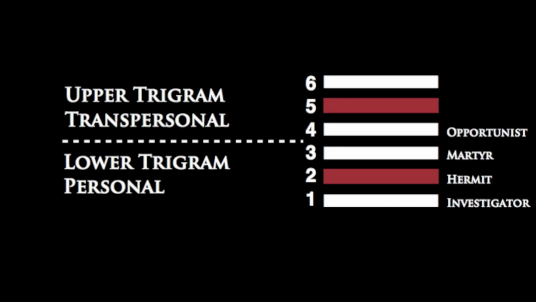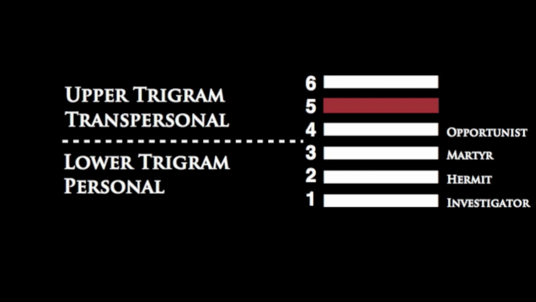Sort of like how the second line has natural gifts with certain things, and it doesn't have to try so hard. The fifth line has certain natural gifts and doesn't have to try so hard, but it has more to do with the mental world and being able to see into the projection field of all these human beings, because what is the fifth line doing? It's resting upon that fourth line. It's resting upon that quote-unquote foundation of the upper trigram.